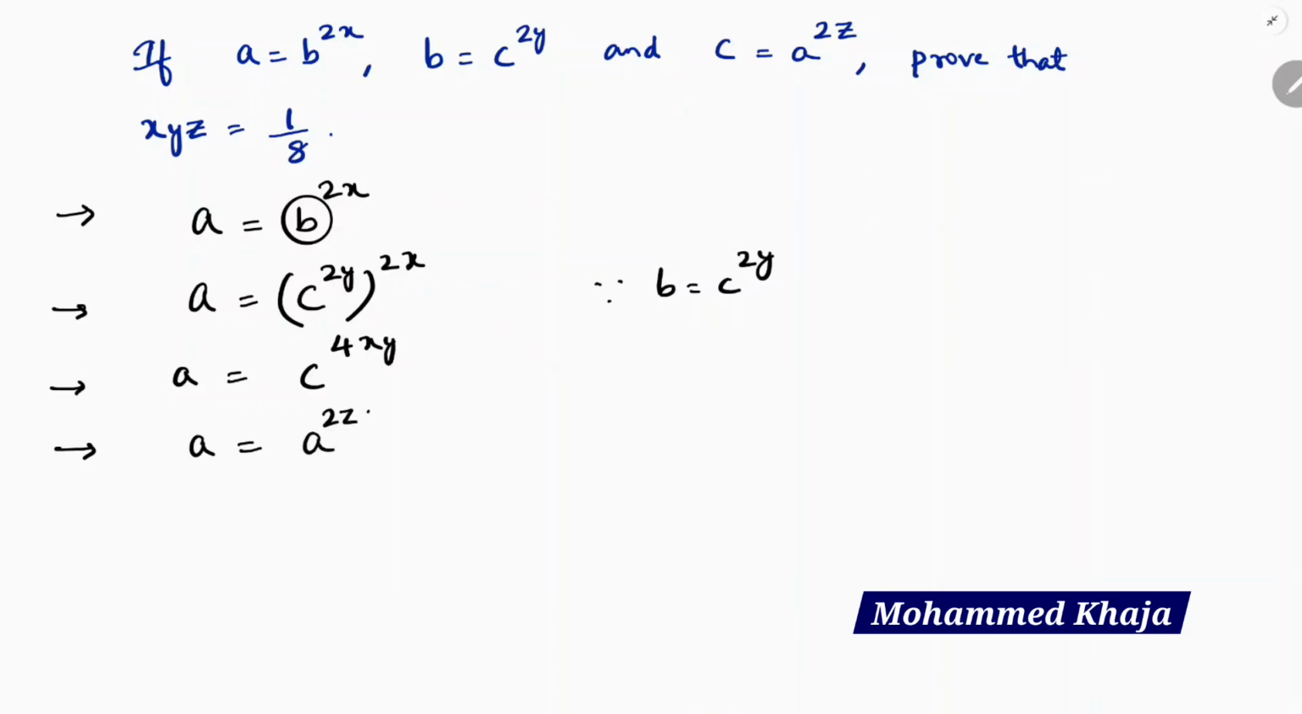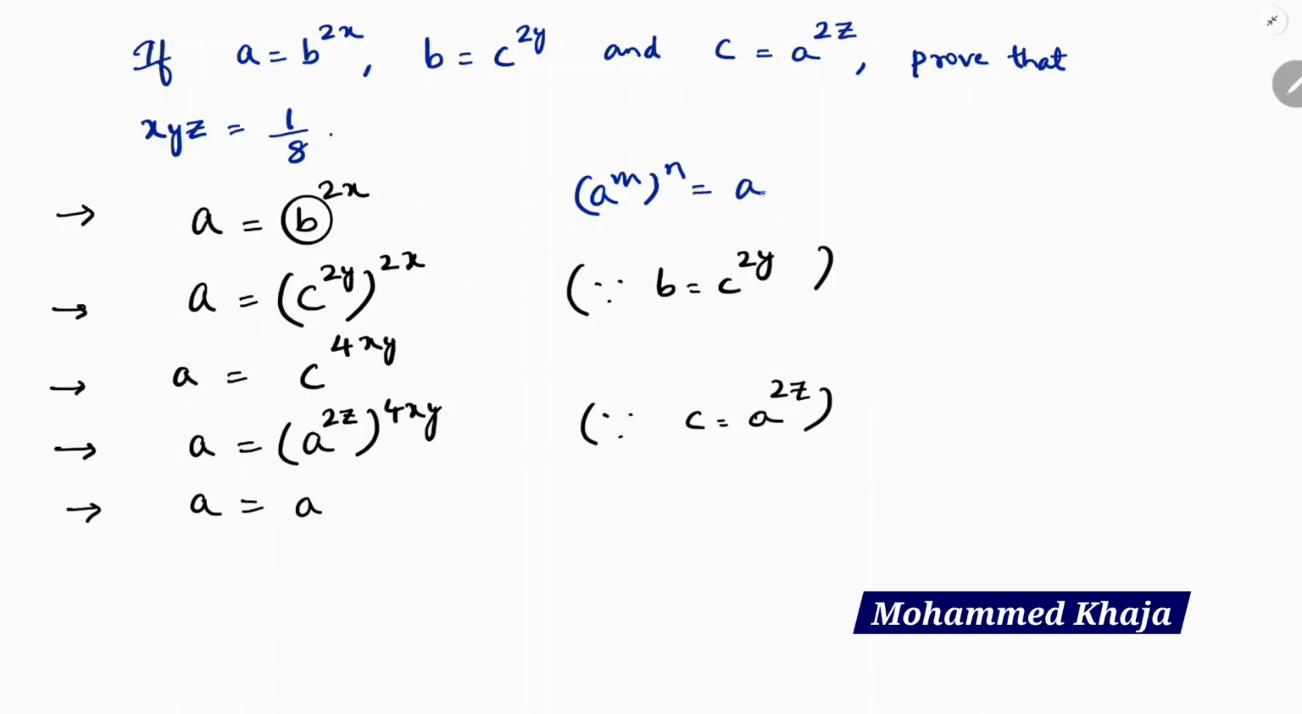a power 2z whole power 4xy. So next step you'll get here, because the reason is c value is a power 2z. Now a equals a power, see here I'm applying the law a power m whole power n is a power m into n. So if we multiply that, 2 times 4, 8, you can write as 8xyz, and here you